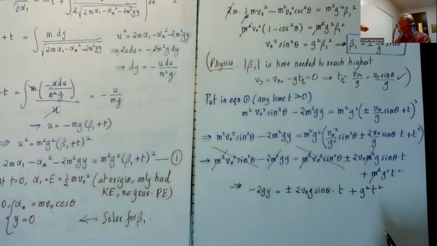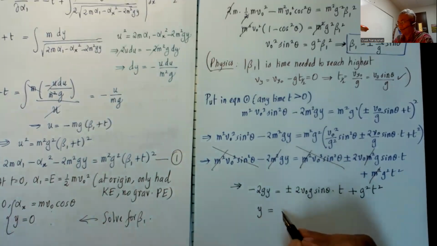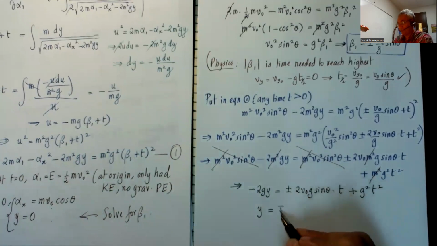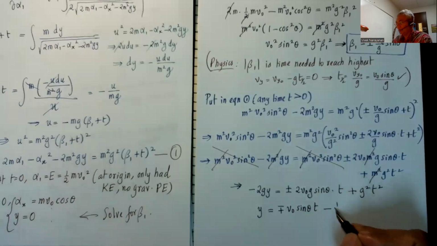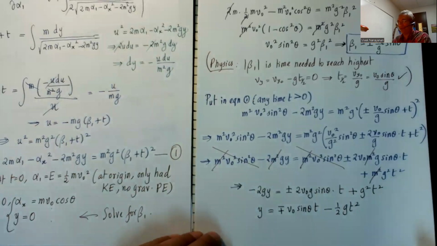Divide both sides by negative 2g. So I get y equals, when you do negative 2g, the plus or minus gets flipped. So minus plus v naught sine theta times t minus 1/2 gt squared. Amazing. We have got